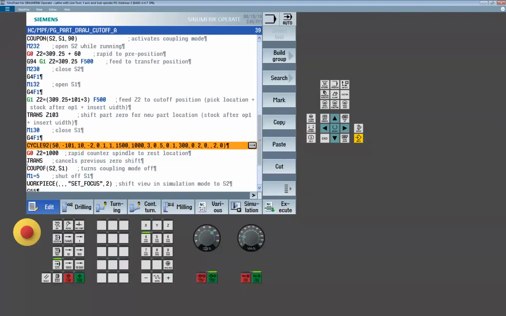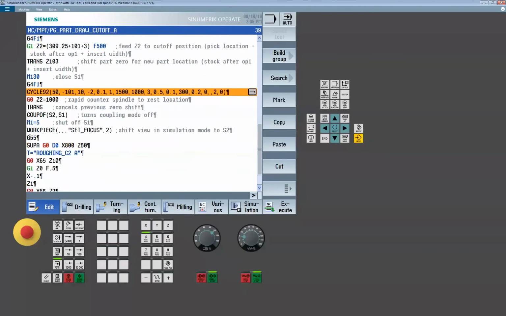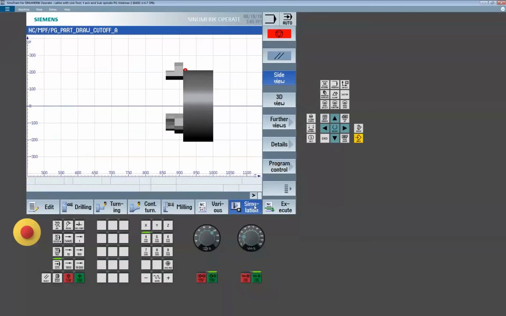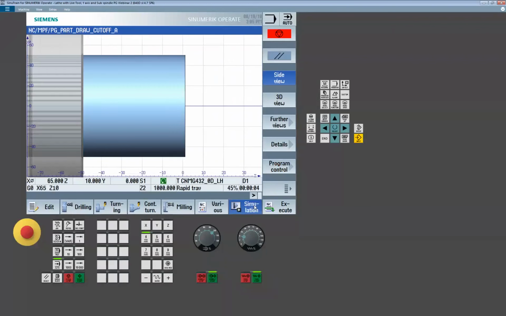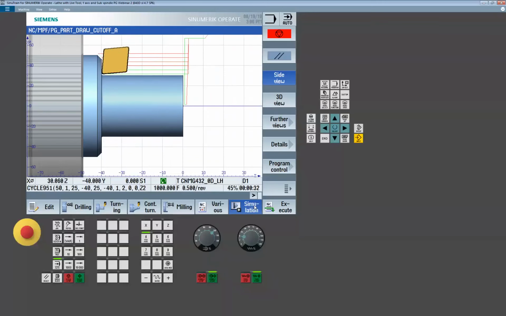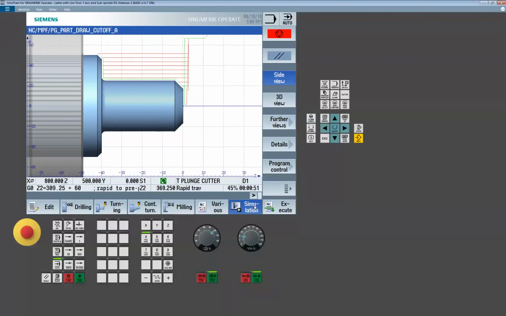Then we retract, cancel our transformation, load up our new work coordinate. So now when we look at it, we're now going to get the draw. And certainly this is by far probably the most desirable method of machining this part. I can keep it nice and close, just stick it out the max amount I need to. I can have it fully supported during the part off, and then get her back to a nice stable location for,